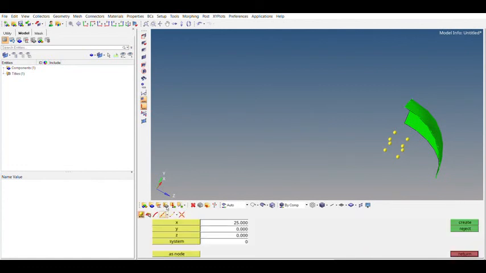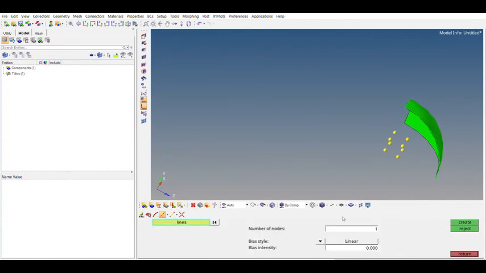Now I will go to extract on line. I will create three nodes, because I will be needing a node in the center also. So the three nodes will be the initial position, final position, and the center position of the line. I will select the line and click on create. Yeah, I guess I have the three nodes on the line, so I will do the same here.